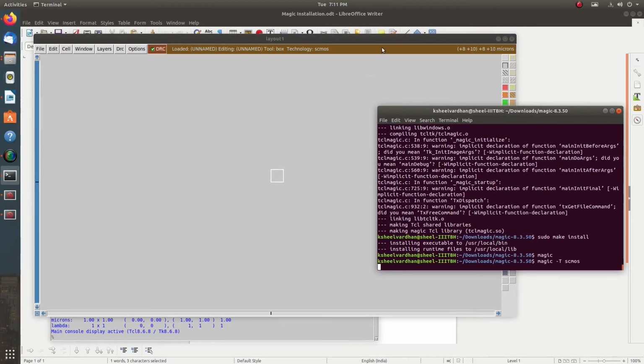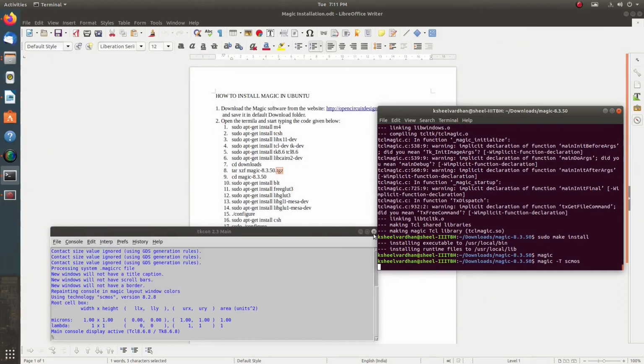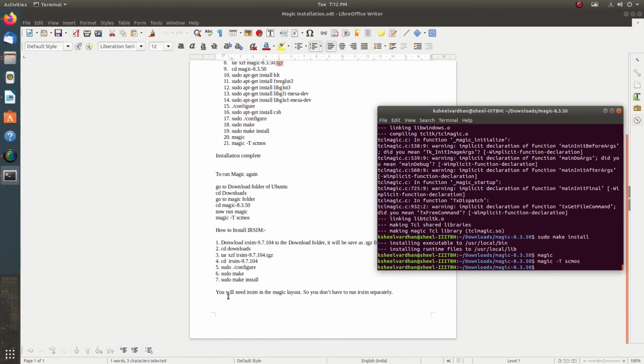So this is the layout window where we will do the construction work. Okay, so our magic installation is completed. We have already installed magic in Ubuntu. This is what magic is, and this is where we are going to work.